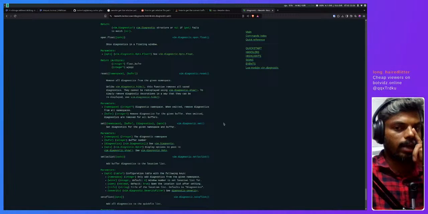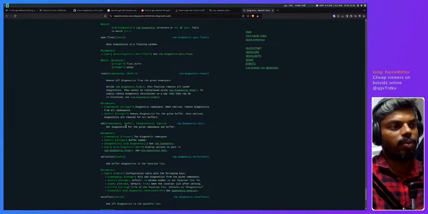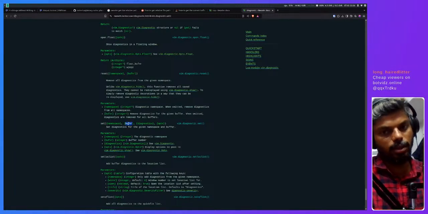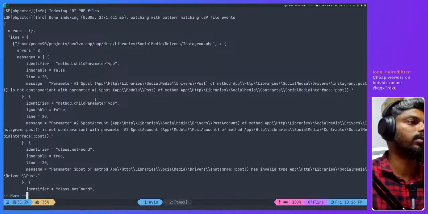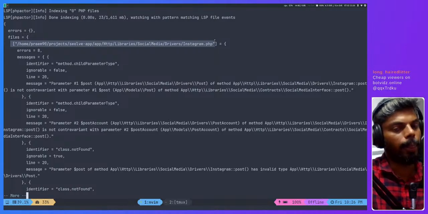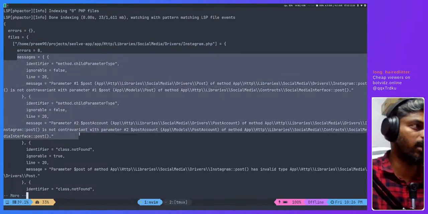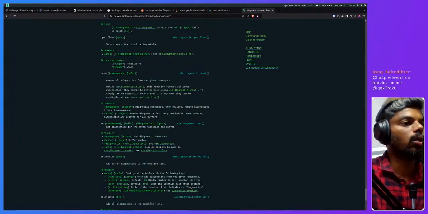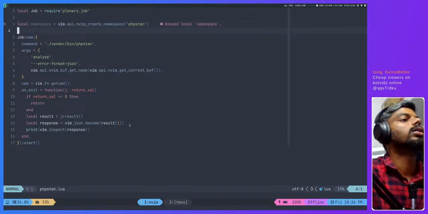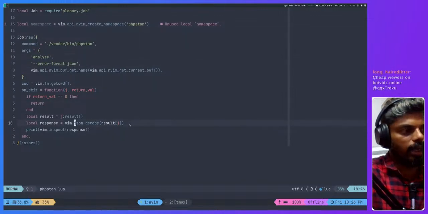So as I told earlier, we have to find the buffer and set the array of messages. That's the structure we got. There is a list of files. Each file name is a key, and it has an array of messages. This has to be published. So we can find a buffer number, something like